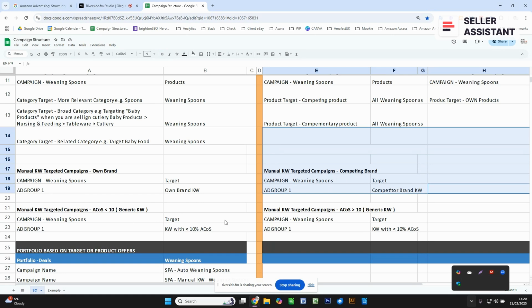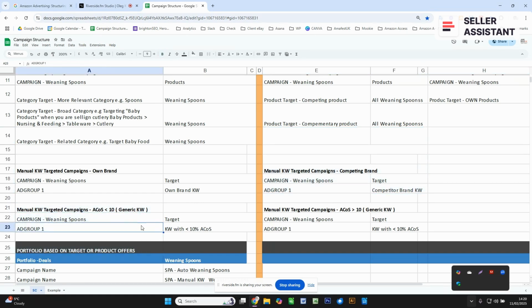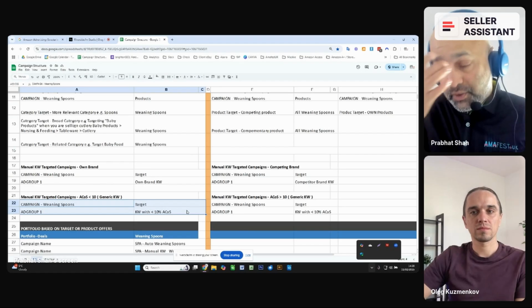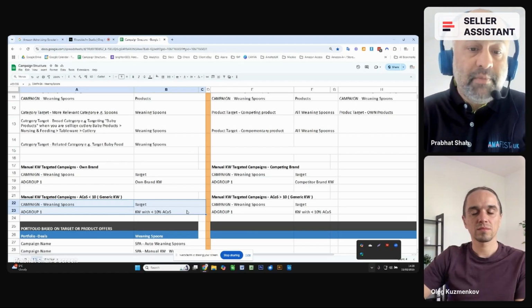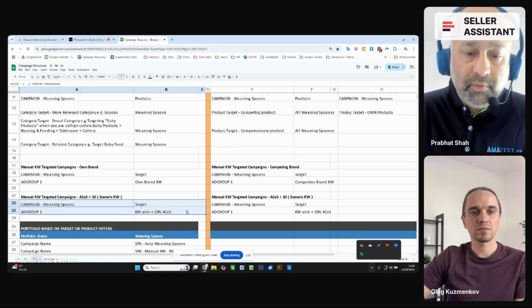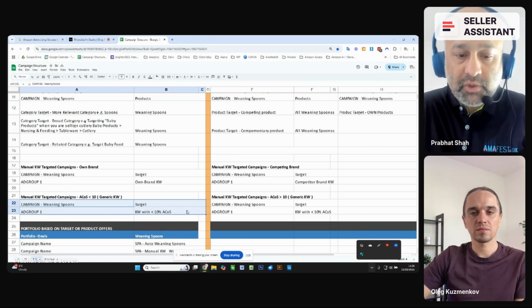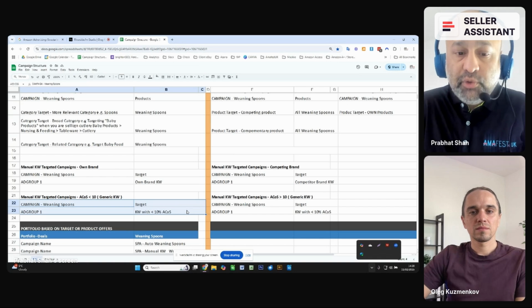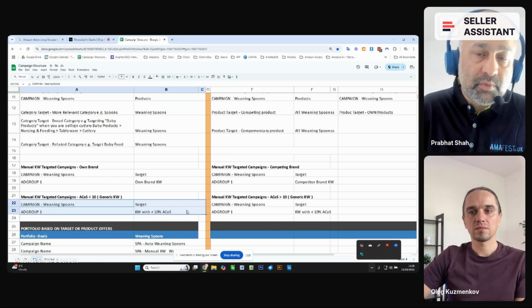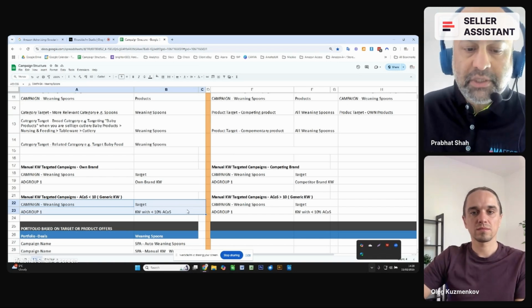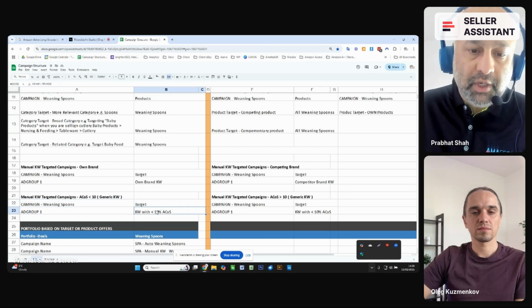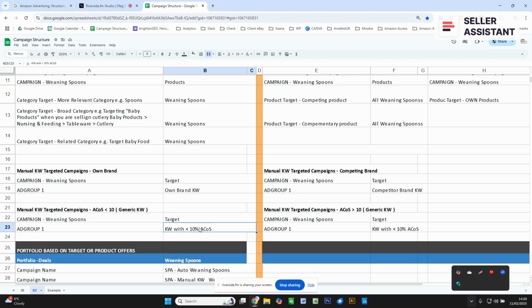You can also do various other types of campaigns where you are creating a campaign just based on the ACOS label. Obviously, ACOS, which is advertising cost of sale, can be very important when you do ads, because you want your cost as low as possible. So you can put more budget on the keywords which have less than 10% ACOS. Now 10% is a very arbitrary figure. It can be better. 20% may be better for you. So you can put a campaign or keyword group at less than 10% ACOS, and another one greater than 10% ACOS.